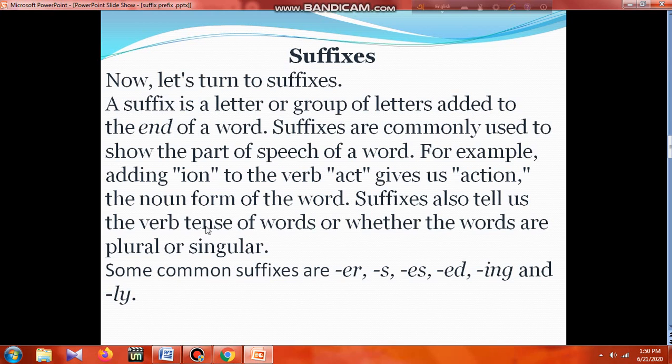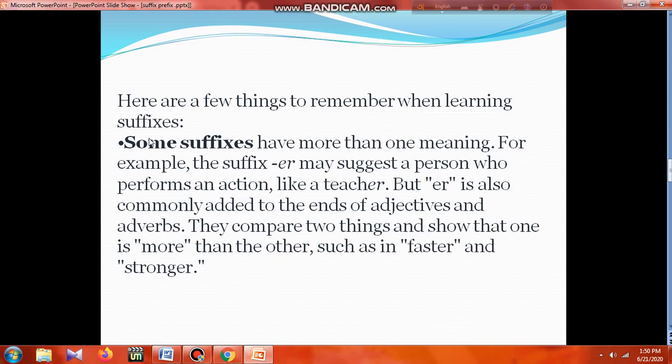You understand? Well, a few things to remember when learning suffixes. Some suffixes have more than one meaning. For example, the suffix -er may suggest a person who performs an action, like a teacher. From teach, it can be teacher, but -er can also be used for other purposes,